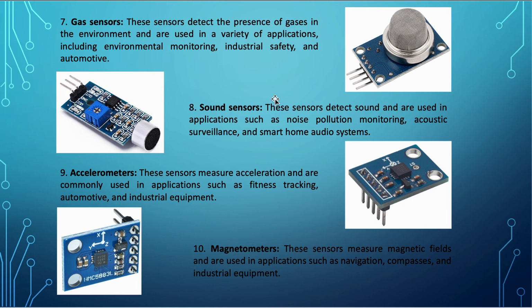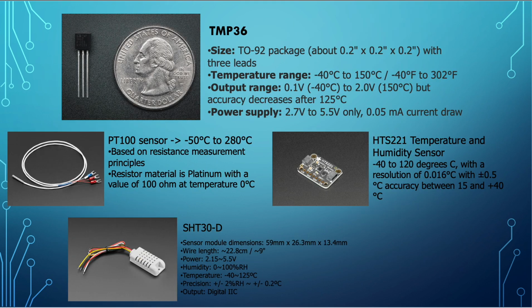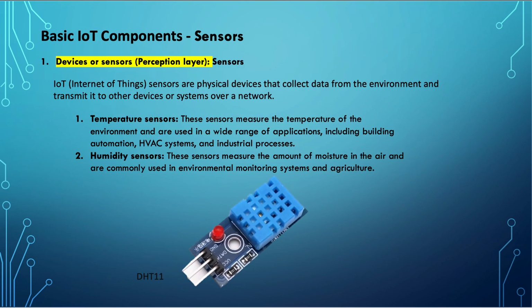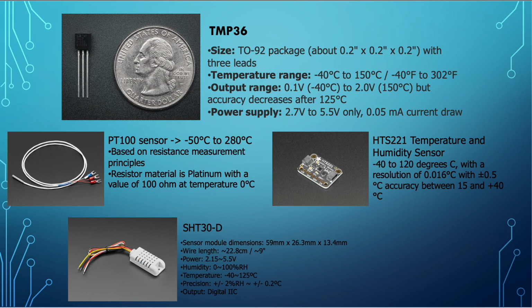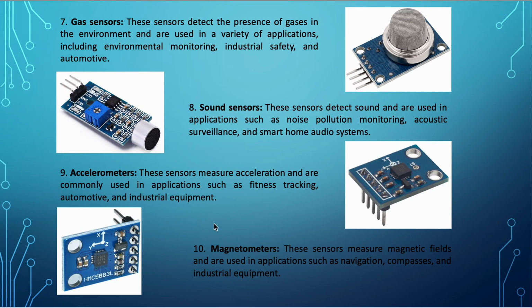So again, the point comes, we talked about examples for temperature sensors. There will be multiple accelerometers, sound sensors or gas sensors in the market with different capabilities, with different ranges. Again, we have to go through them, search on the internet, right? What are the accelerometers available, right? If you are going to build a small Arduino project, or with this Raspberry Pi, a small